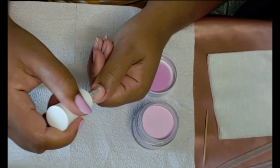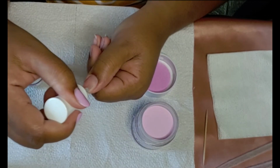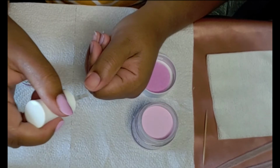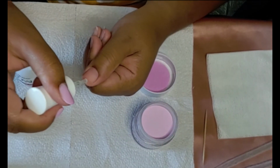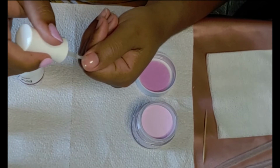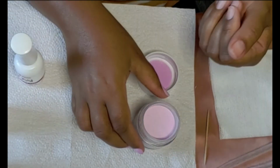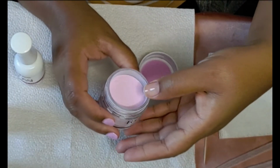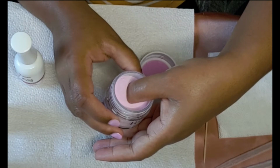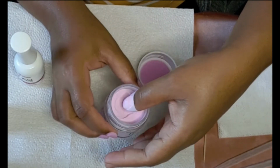So when you apply the base coat, you want to get a nice thin coat going, and most instructions for dip powder say to start with the first 3/4 of your nail away from your cuticle, and you kind of want to just build up an apex. You can kind of play around with this. I probably do a little bit more than 3/4 of my nail when I cover it with the base coat,